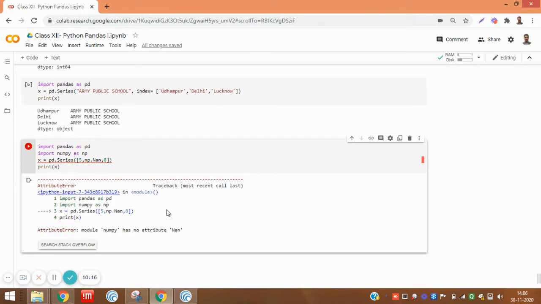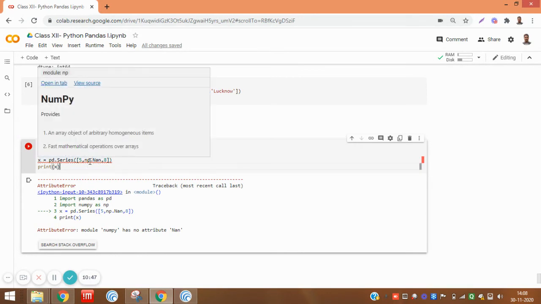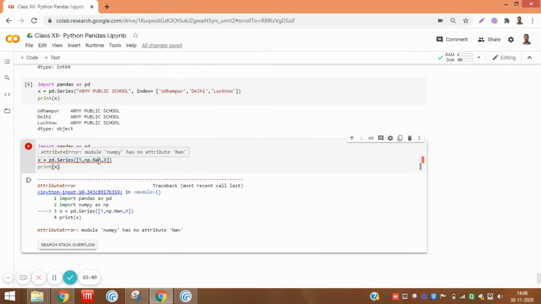Here it is giving error. It's not taking np, I think. So we need to check the syntax. We have taken numpy np, and then here should be nan, because you can see that here giving error, and that error is showing that numpy module numpy has no attribute nan.